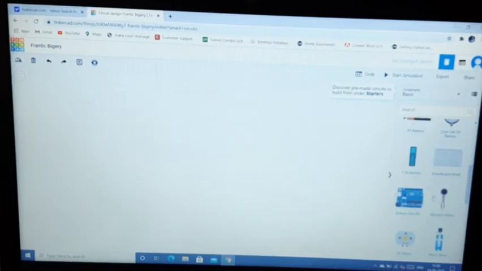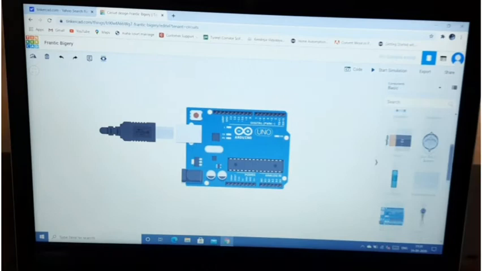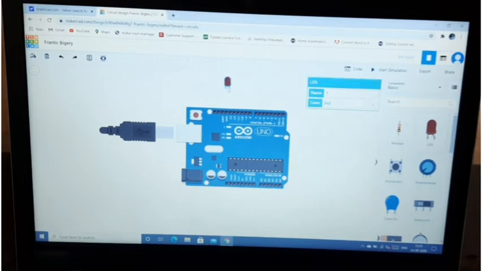What you have to do is just drag them. Like, I want this Arduino board on my circuit panel, so I just drag it and drop it in my circuit panel. I am making one basic LED circuit. So what I need for this is one Arduino board and one LED. I will fix my LED here, and for current limiting I will need one resistor also. So I will keep one resistor here and one LED here.